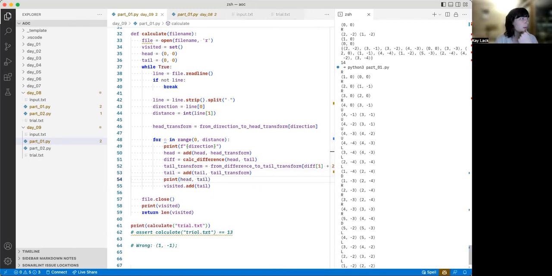Okay, right. Yeah, that's good. Wait, no, it's not. Why is tail going? Okay, so